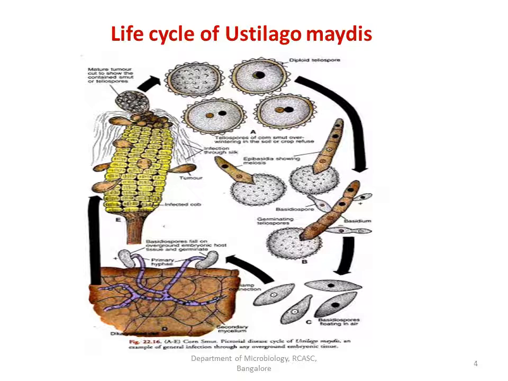So you can see, at the same time, once they enter inside the host cell, due to the hormonal secretion inside the host cell because of the pathogen, the cell undergoes the process of division. Rapid division of the cells happens, that is hyperplasia, or even hypertrophy can also happen, which leads to the formation of an irregular mass of cells. Those are called galls.